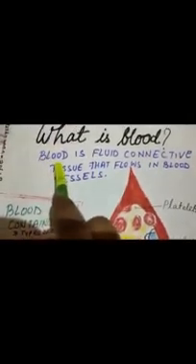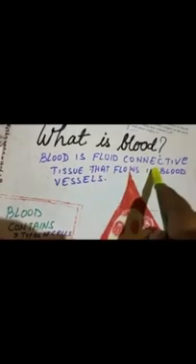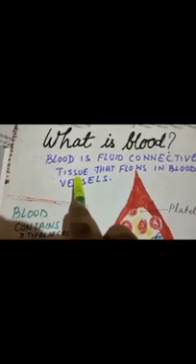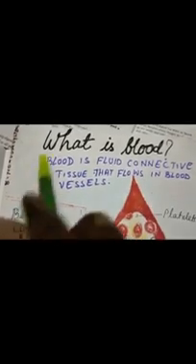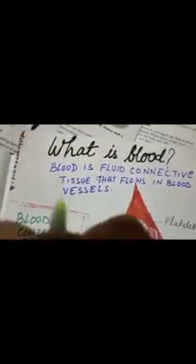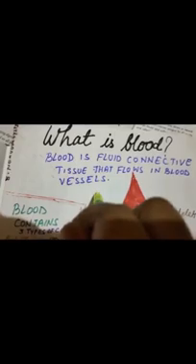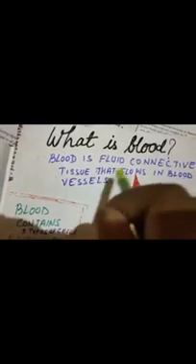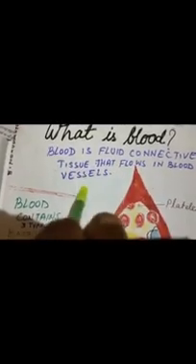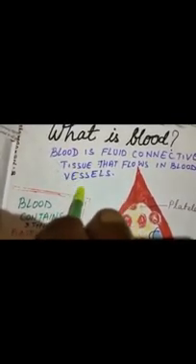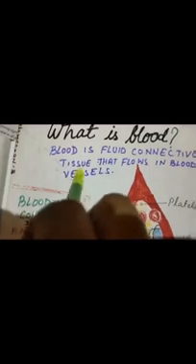Blood is actually the fluid connective tissue. Connective tissue, why? Why are we saying that the blood is connective tissue? Because it connects the full body. It flows through the full body and transports the oxygen and the nutrients and carries away the waste material that flows in blood vessels. Now, blood vessels are nothing but you can compare them to pipelines.